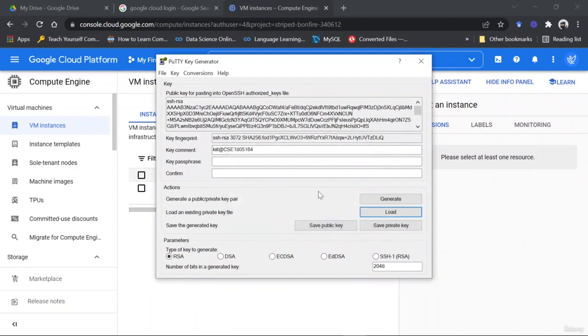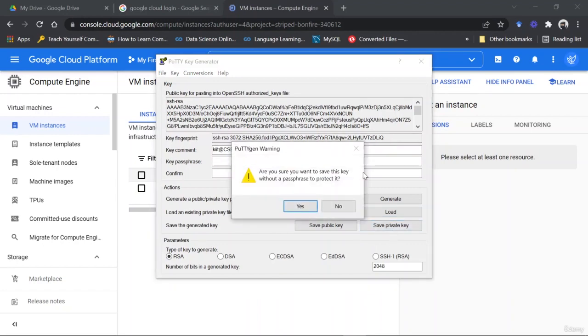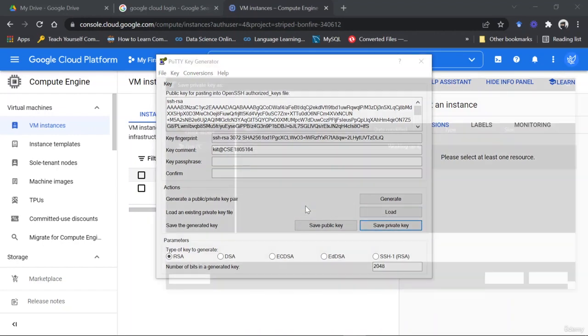Click on open. Right, so you can see that the key comment is the person, right? And I have the fingerprint with me too. Now click on save private key. Yes. Then